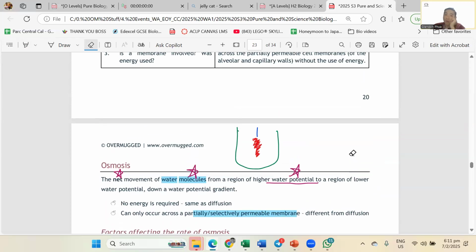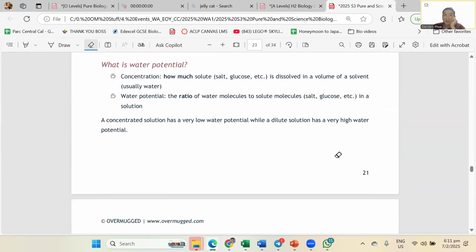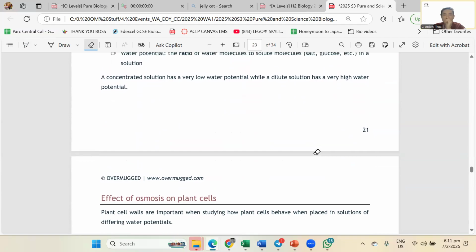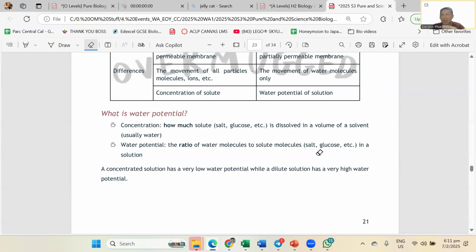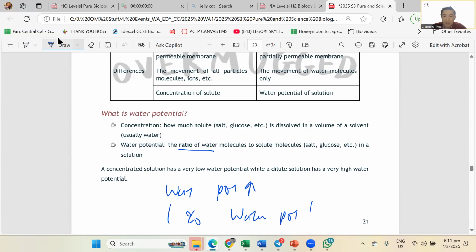Okay, right? So the trick with questions on water potential and concentration is this. Sometimes they will give you a water potential question, tricking you, okay, when actually it's a concentration question. So what you do here is this. Once you find out there's distilled water, pure water, okay, water potential is very high. If I have any kind of concentration, percentage 1, 2, 3, right, this one means water potential is low.